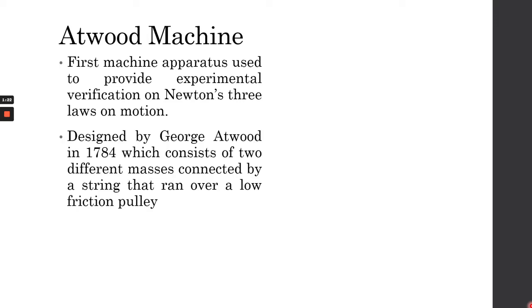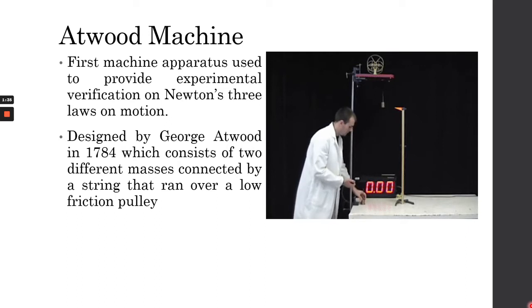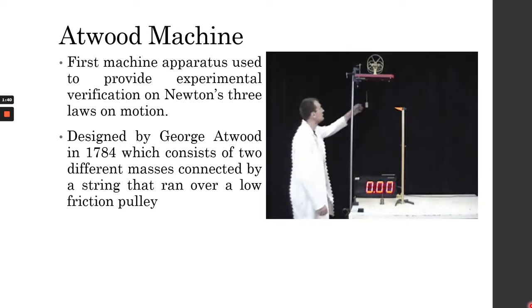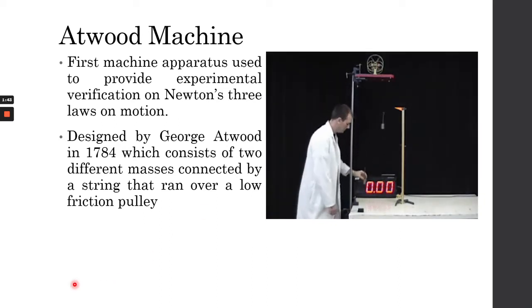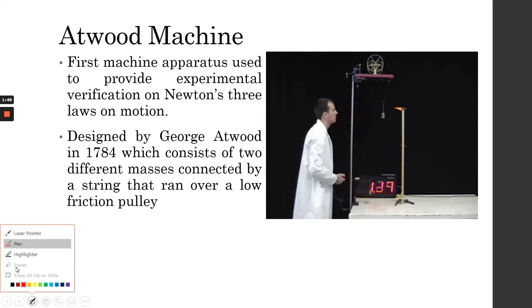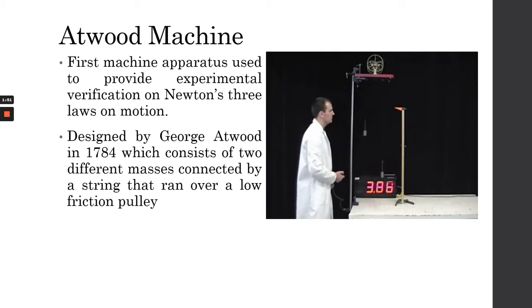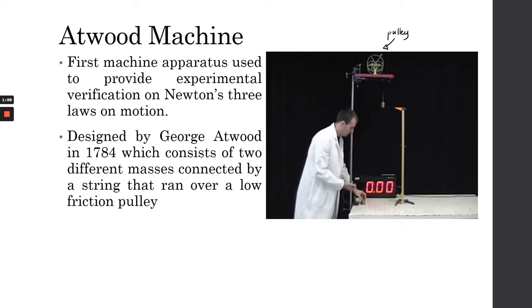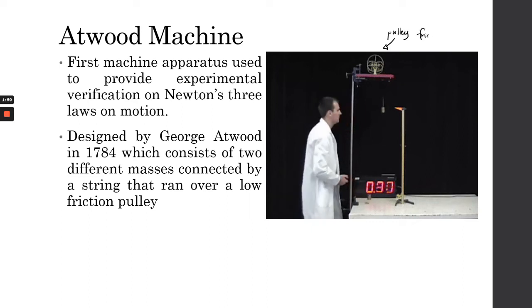So it is basically a machine designed by George Atwood in 1784, which consists of two different masses connected by a string that runs over a low friction pulley. So here's a moving picture of what it actually is. This is basically what an Atwood machine is. You have a pulley on top, and it's a frictionless pulley, and because it is frictionless,